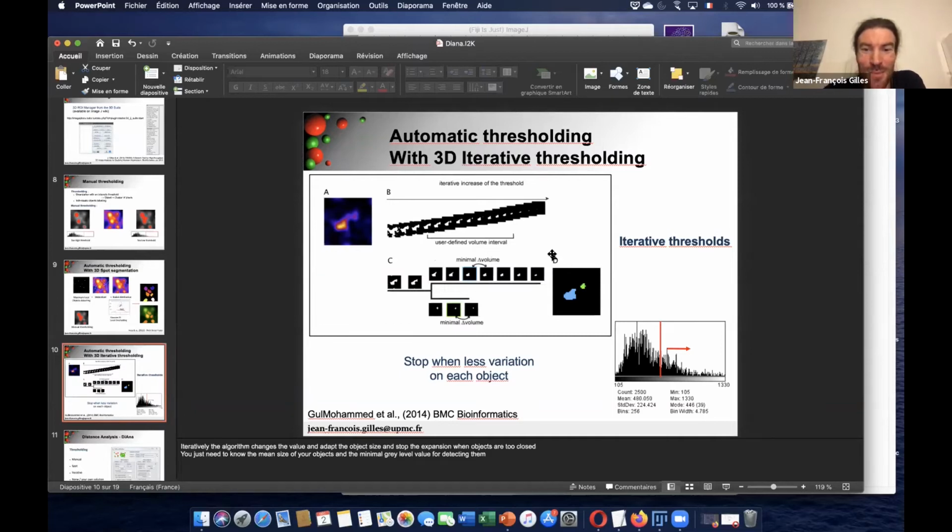It doesn't depend so much on the intensity, and those two objects have different intensity values.